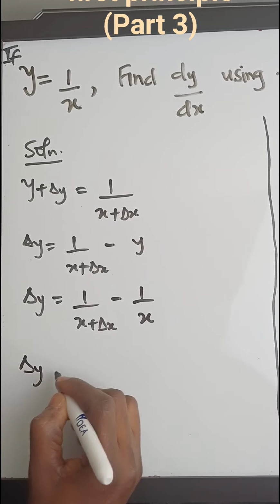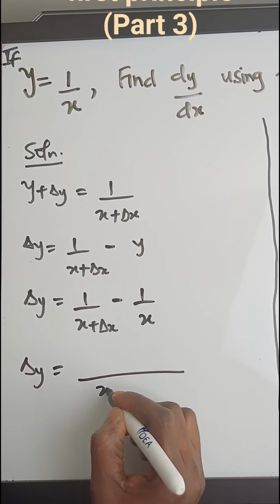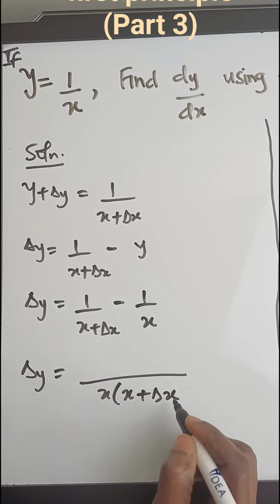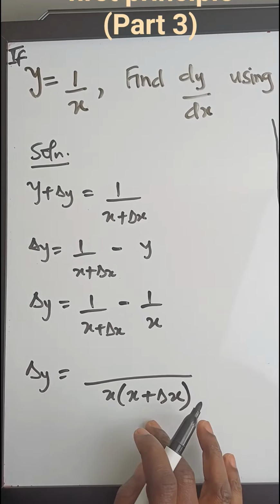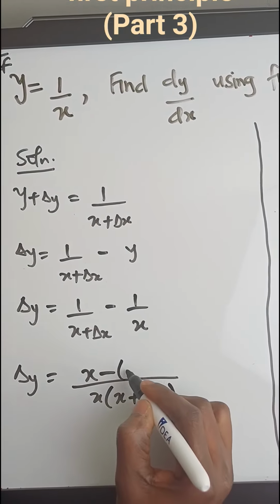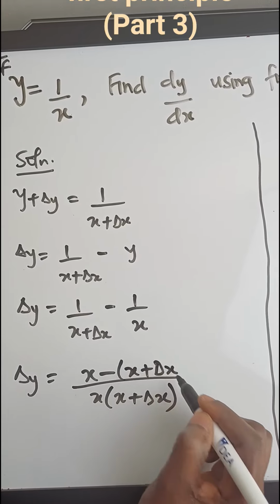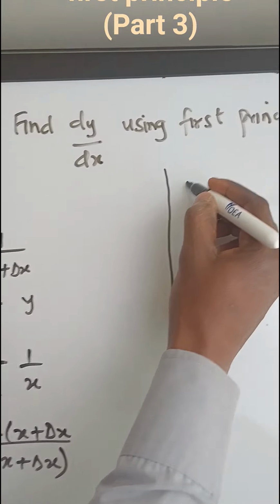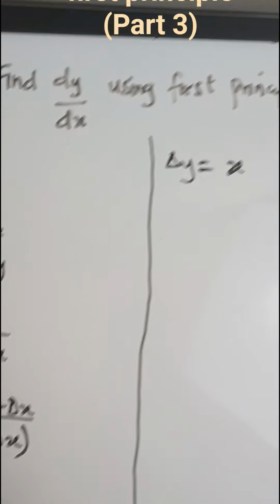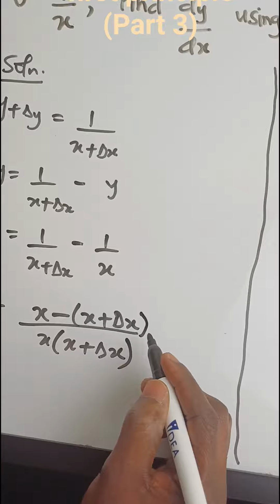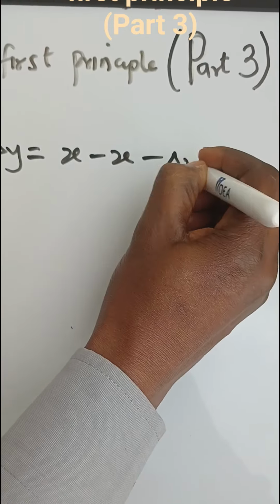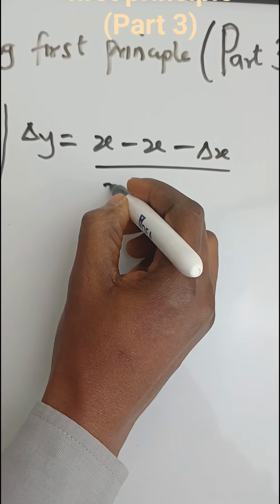So change in y will now be equal to x plus change in x. That will be the LCM. So this and this we are left with x. That will be x minus this and this we are left with x plus change in x. Therefore, the change in y will now be x. So you use the minus to clear the bracket. So we have minus x minus change in x over x